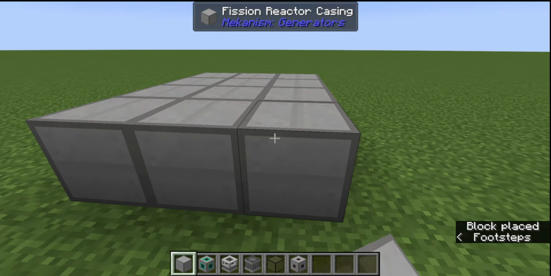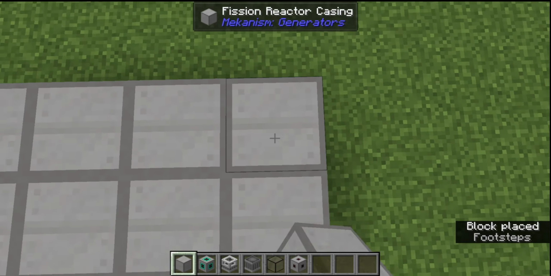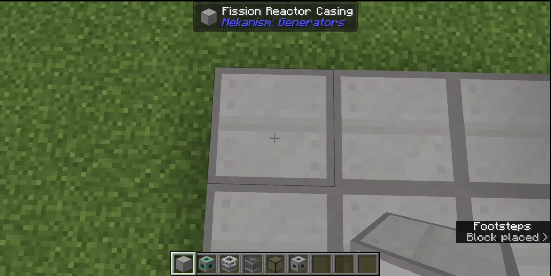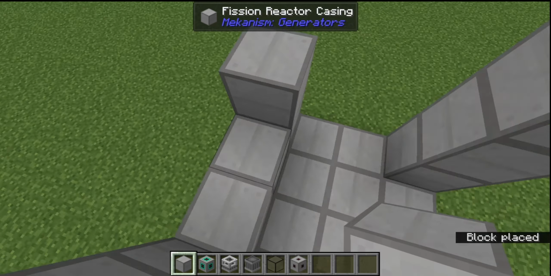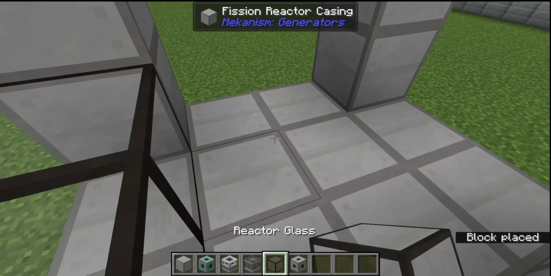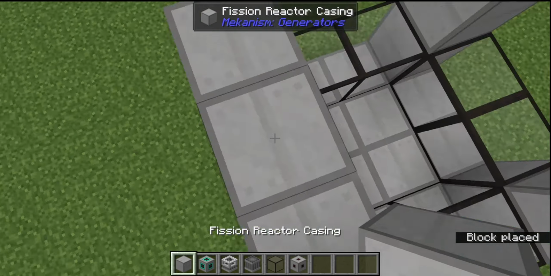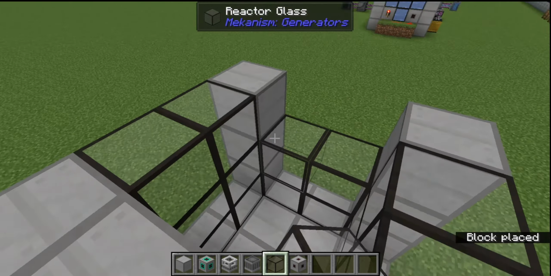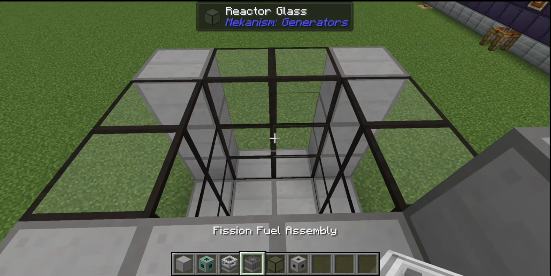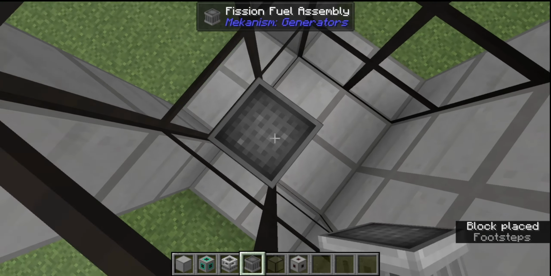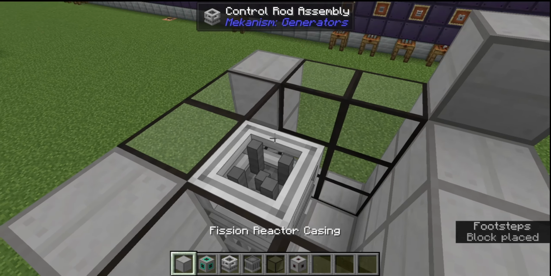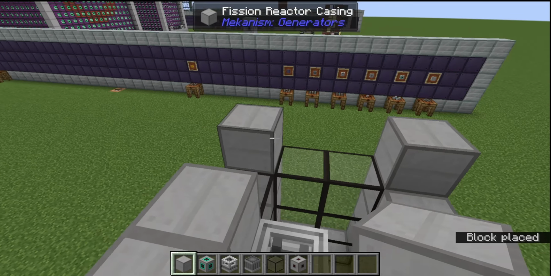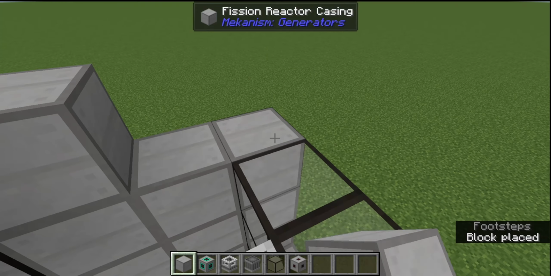First, to create the base, you need to create at least a 3x3 platform. It can be larger. Then you need to build at least 4 in height. Then you fill it in with either casings or a reactor glass. Then you place the fission fuel assemblies and on top of it the control rod assembly. And then you just close it with the casings,